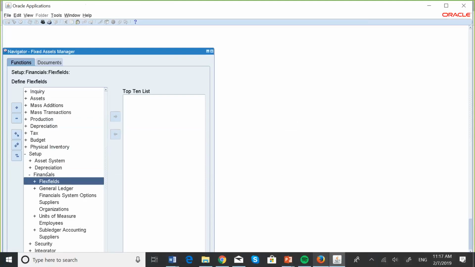So when you are configuring these flex fields, or when you're creating this structure, you should be very considerate in that sense and design them in a way that will be able to accommodate all these kinds of assets that may be present, okay, and to capture all the dimensions that may be required for these assets. So let's go to